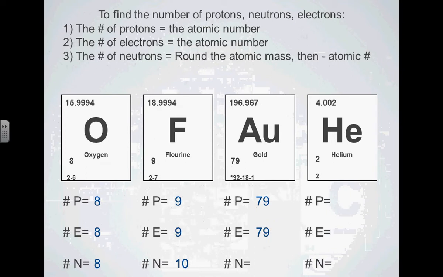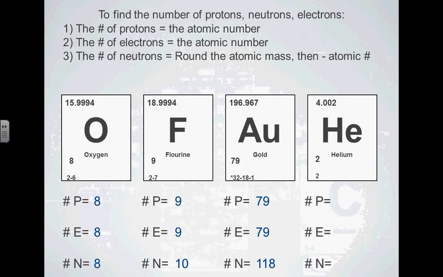Nicole? 118. Yeah, so it has a lot of neutrons. And if you think about gold, gold is a very dense metal. And again, this will start to give you an idea about why. Because in the nucleus of a gold atom, there are a lot of neutrons packed in there, giving it that mass. And last, helium.